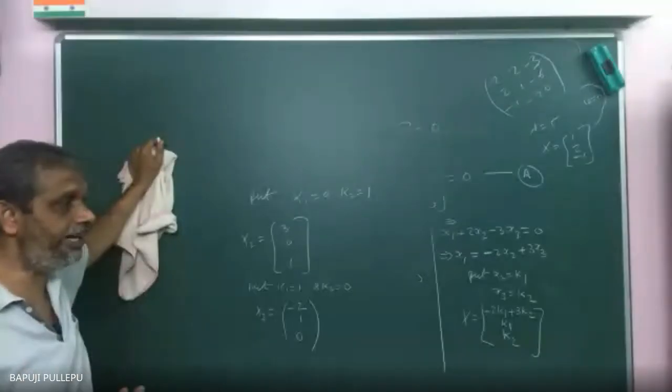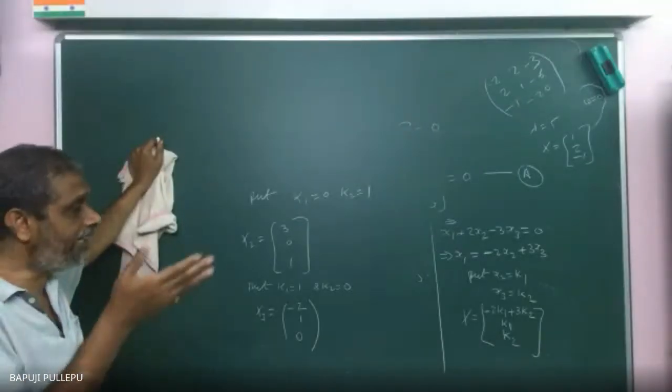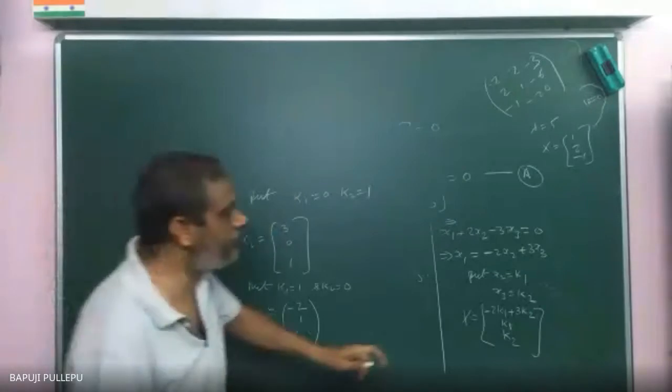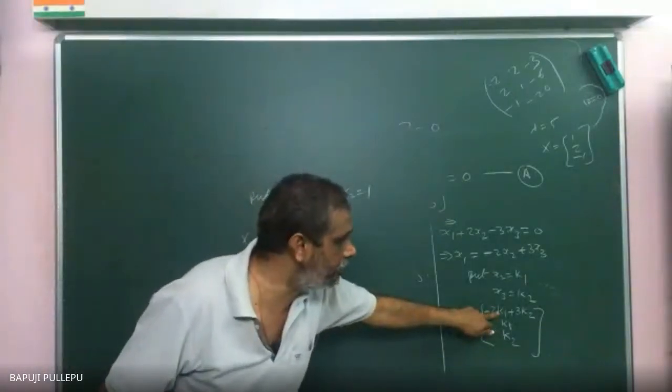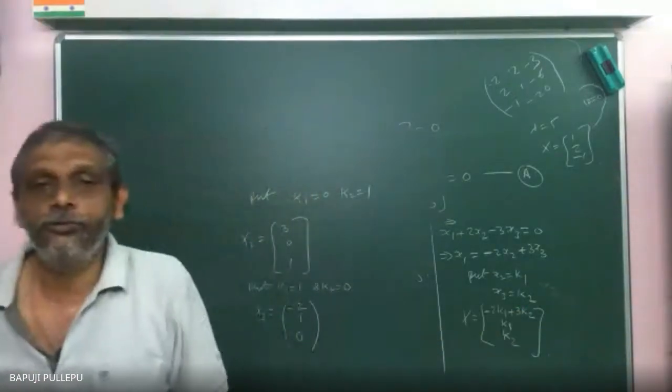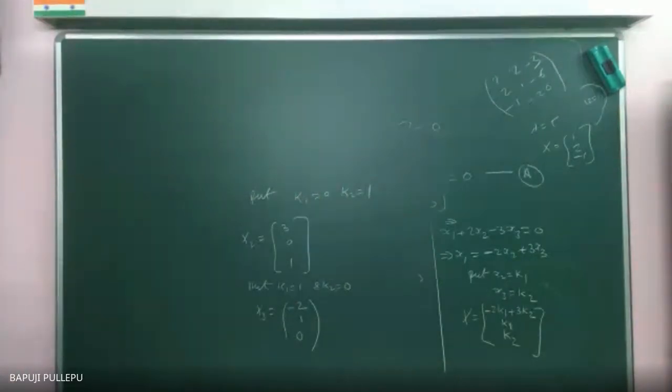K1 also 1, K2 also 1. We should take K3, sir. Like this. Another best option is also good actually. The best option is what? You make the first fellow 0. First fellow 0 means what will you do? K1 is equal to -3, K2 is equal to 2. Am I correct or not? Check.